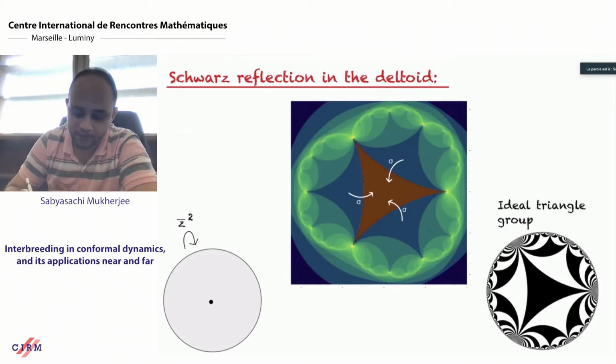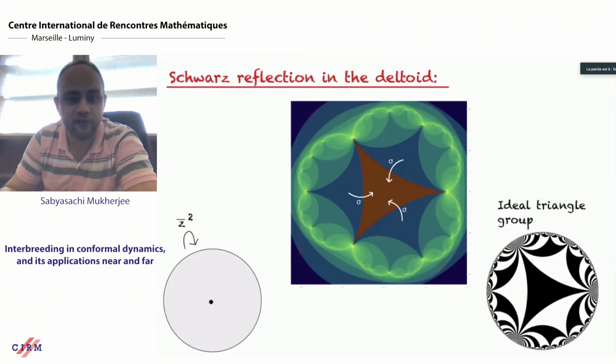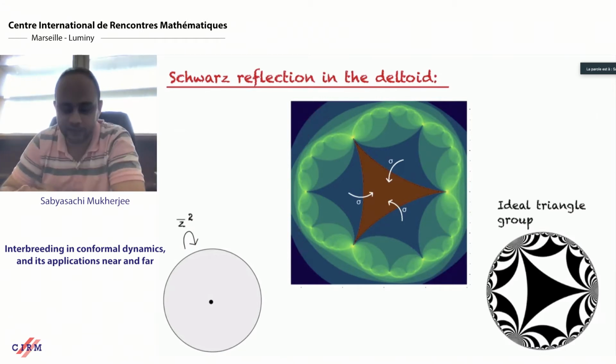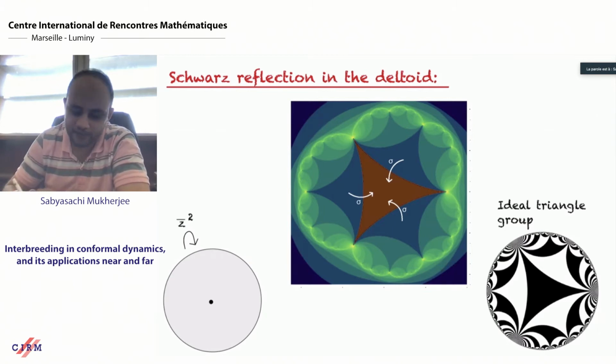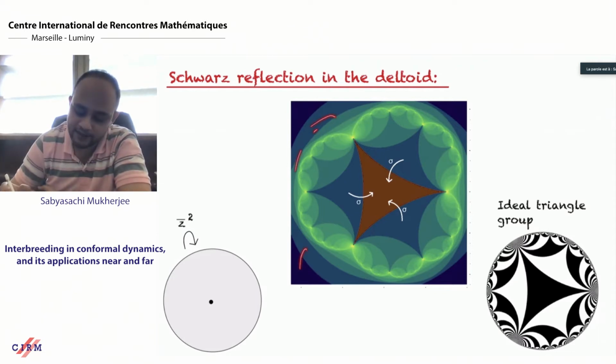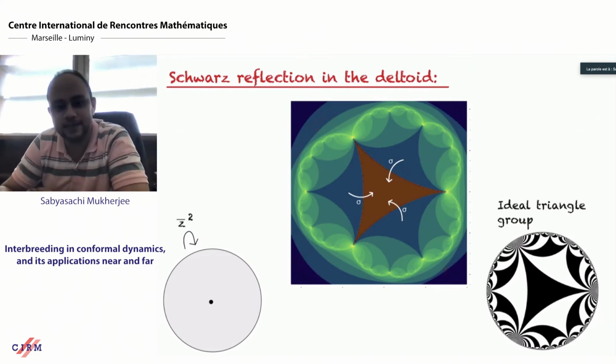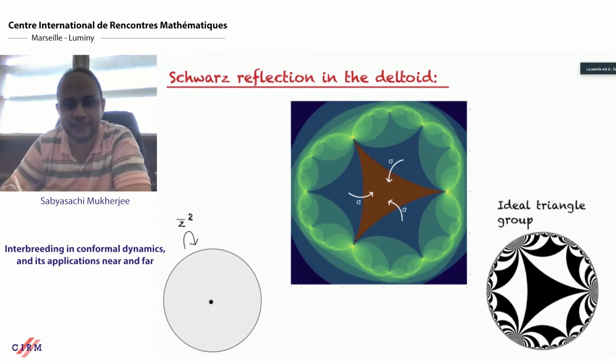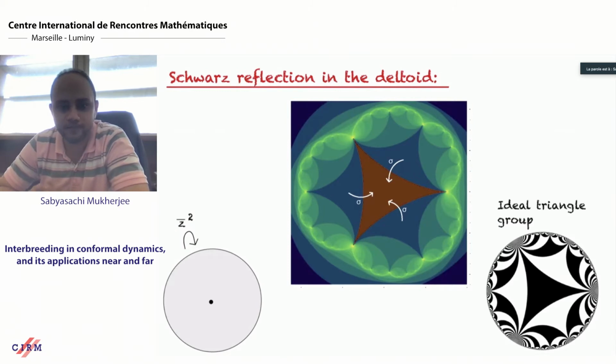Every point here eventually escapes to the brown region where the map is not defined. On the other hand, outside of this green curve, the dynamics is forever defined, and just the concrete definition of the Schwarz deflection map allows one to check that, if you believe this picture at least, the non-escaping set is a closed Jordan disk, and the dynamics over there is conformally conjugate to z bar squared. What's happening inside is not so clear.